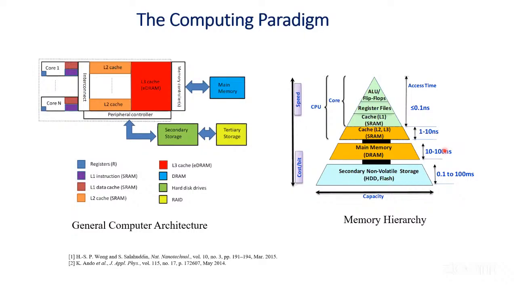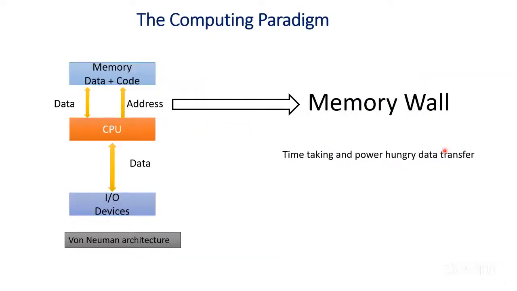So yeah, this is a typical computer architecture. This is also called the von Neumann computer architecture, because this has been used for a lot of time now. And we say this is the von Neumann architecture, and there is a separate memory and CPU, where